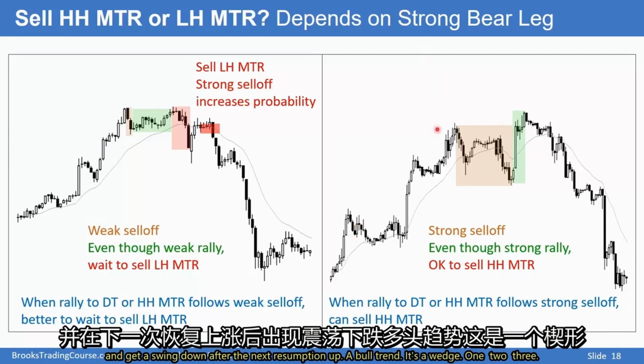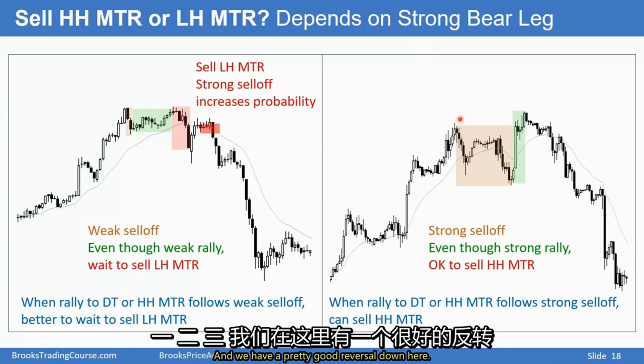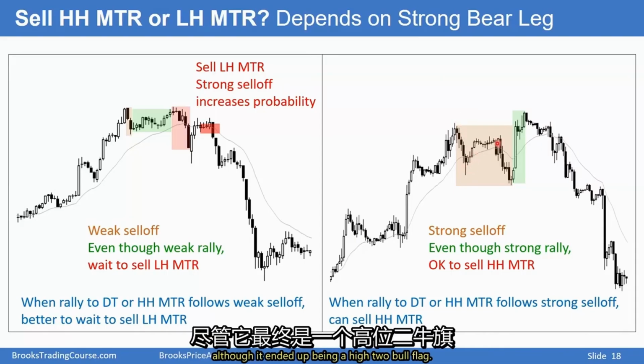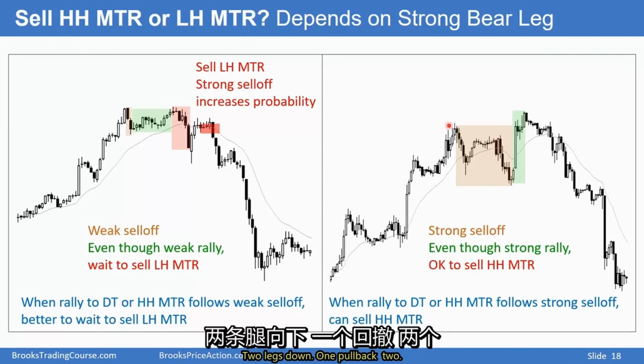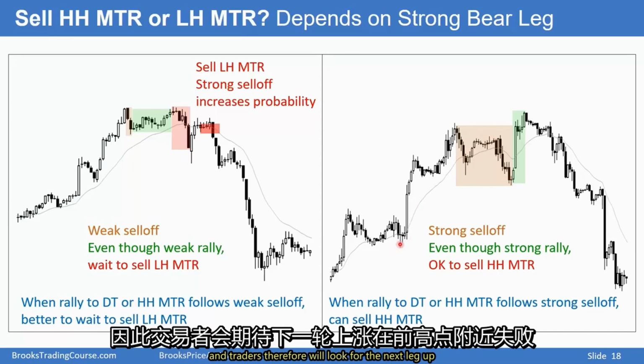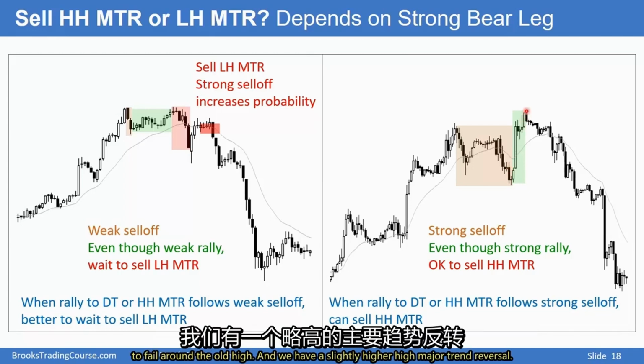A bull trend, it's a wedge, 1, 2, 3. And we have a pretty good reversal down here. This is probably good enough for a major trend reversal, although it ended up being a high 2 bull flag, 2 legs down, 1 pullback 2. However, it broke strongly below the bear trend, and traders therefore will look for the next leg up to fail